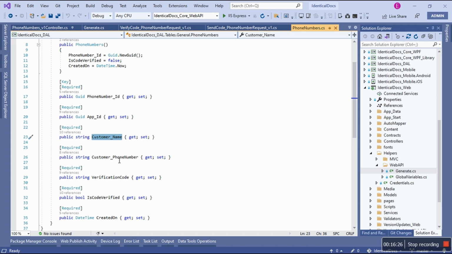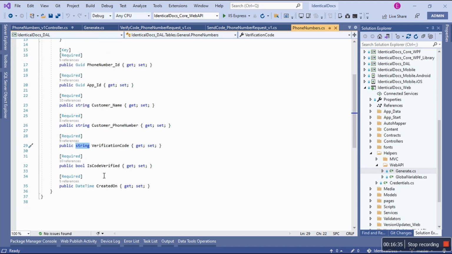We need the customer phone number. I notice it's of type string. We need the verification code of type string. We need the Boolean flag if the code is verified. This is very important, I'll tell you why. And then please, like I said, please pay attention to what I'm doing, because when we get to this